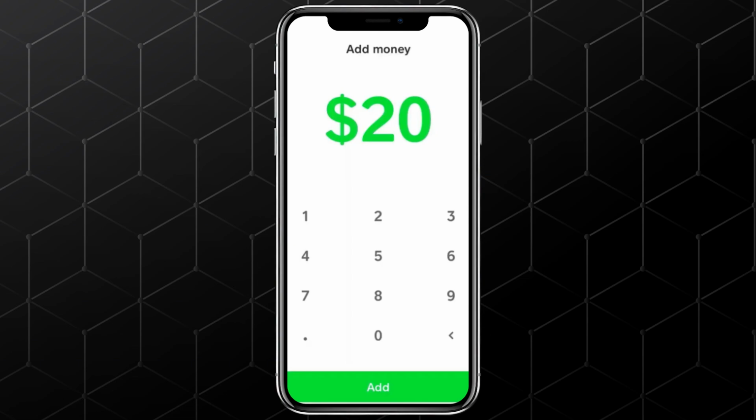Enter the amount you want to transfer into Cash App. Double-check the amount before confirming. Follow the on-screen instructions to complete the process. Depending on your bank's processing times, this transfer could take anywhere from a few minutes to a full day. Once the money has been successfully added to your Cash App balance, you're ready to use it as needed. Whether it's for payments, sending money to friends,